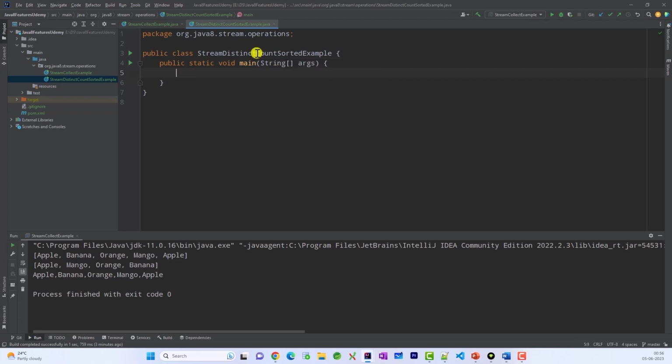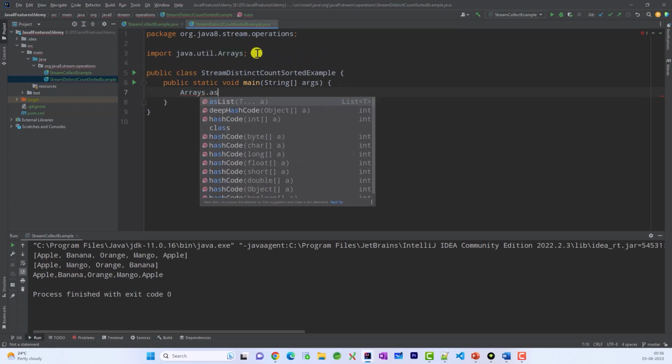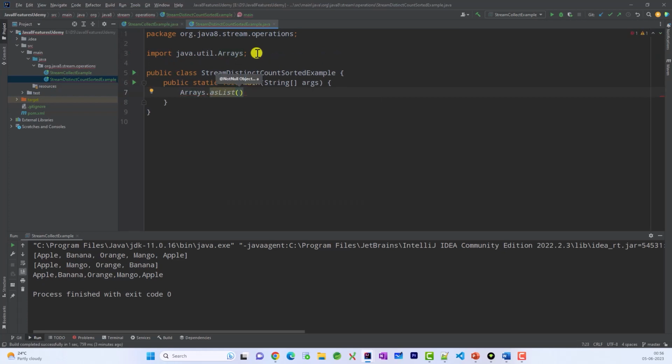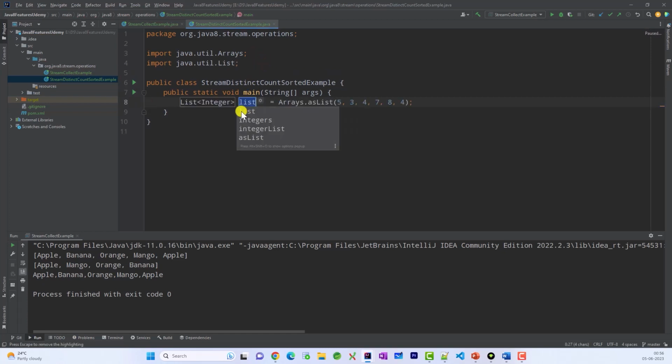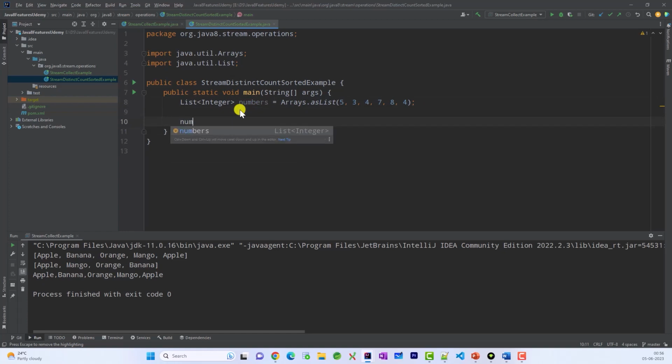So let me take a list of integer elements. So let's take some 5, 3, 4, 7, 8. Let's have some repeated elements also, so that we can test distinct. And 4. Let me introduce a local variable. These are numbers. Now let's create the stream of it. So numbers dot stream dot distinct,